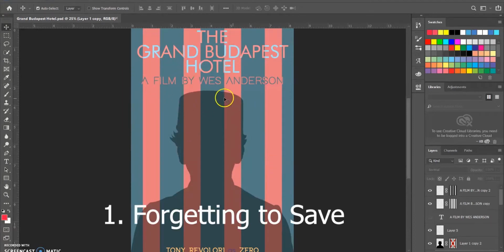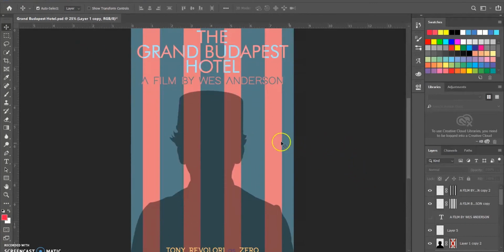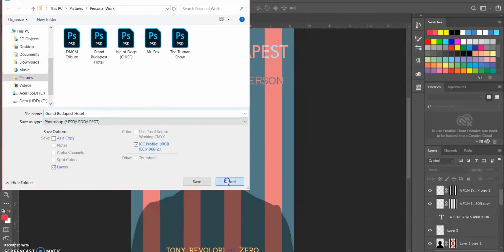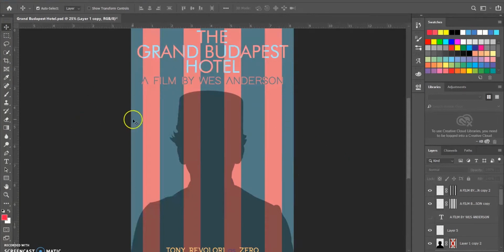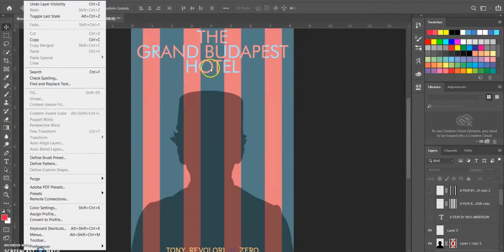Now, the first type of mistake is forgetting to save your work. This is a simple mistake, but one that can hurt your work heavily, as not saving your work means you have to redo the entire thing. And it's just simple, really. Just go to File and Save As. It's as simple as that, but it's one that can really save your life and your work if needed to be. Now, the second one is